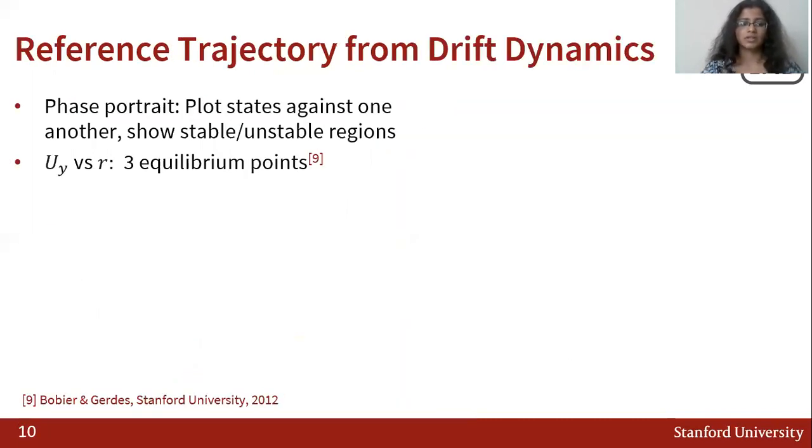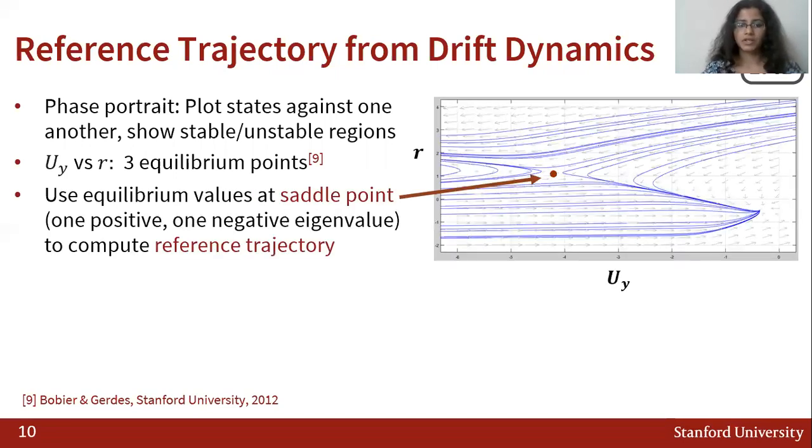Now, to understand the drift dynamics better, we can leverage a powerful mathematical tool known as phase portrait. Phase portrait lets us plot different states against one another so as to identify stable and unstable regions of drifting. Specifically, we plot the yaw rate R against the lateral velocity Uy. Note that based on the differential equation, we have three equilibrium points that refer to places where the state derivatives